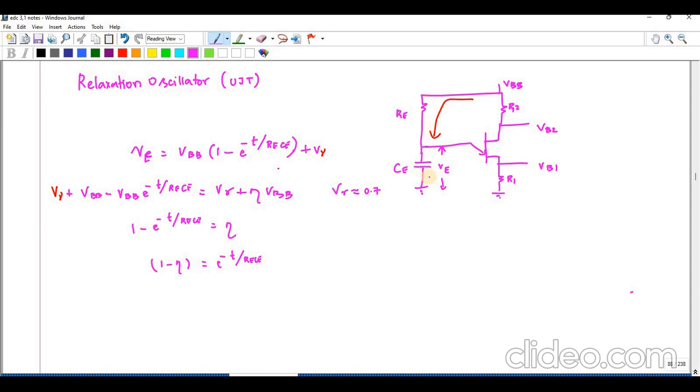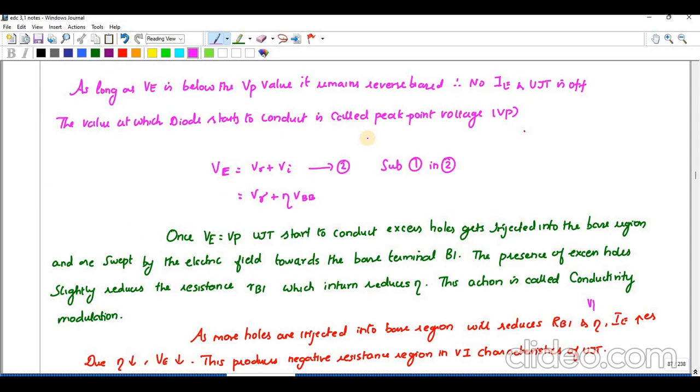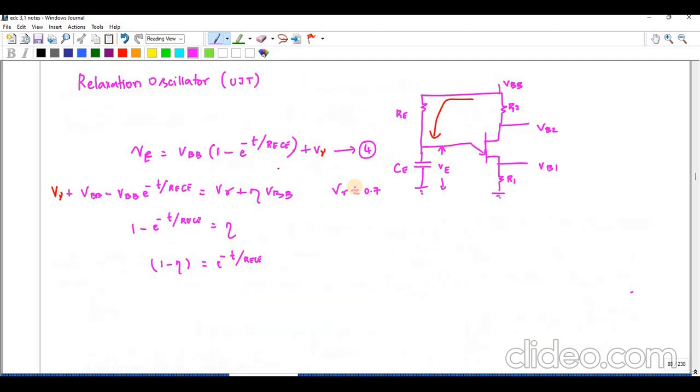I can write V is equal to, since the capacitance is charging, VBB into 1 minus e power minus t divided by RECE plus V gamma, because you have to turn on this UJT. So I am going to equate this equation, the fourth equation, with the fifth equation. Equating equations 4 and 5,